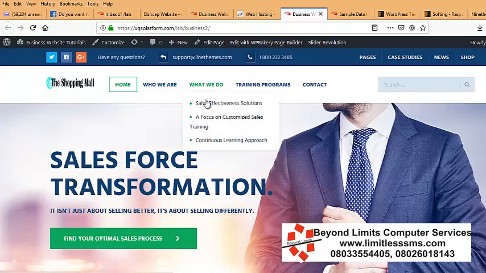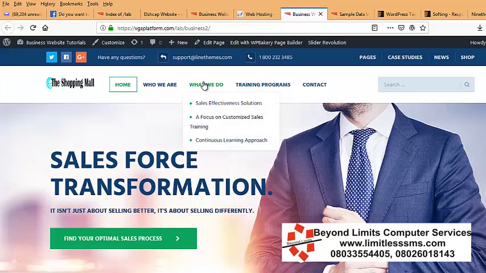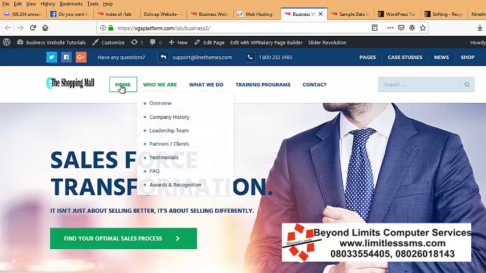What we do is actually the services that they render, and then they have different training programs. Now all of these are different pages that were created with different contents. So you can actually create pages in WordPress and then add your own content to it. For instance, if you click on overview,